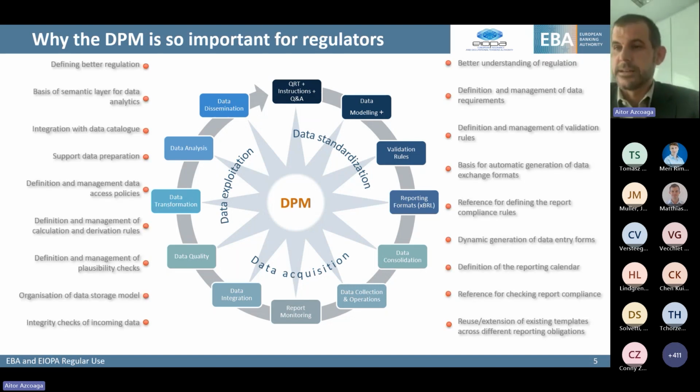What do we achieve? Well, I have put here a big set of things, but the DPM helps us a lot in this process. We are heavy users, because we can generate, for example, data entry forms. We are applying the accessibility policies, so you can do several things on the basis of this definition of templates in a data-centric way. So you can develop systems in a far more automated way. We have all of these nice features that we consider in the data point model, and that's how we are doing it.